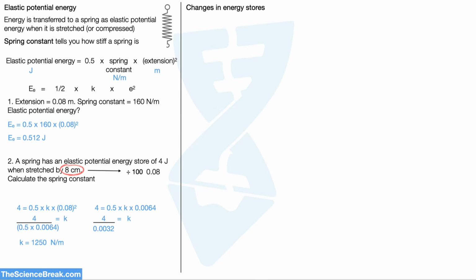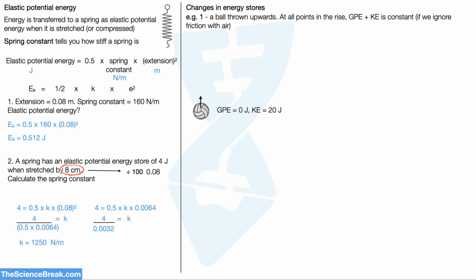Next, we're going to take a look at changes in energy stores, and we're going to look at 3 examples. The first example is a ball being thrown upwards. Remember, at all points in the rise of the ball, gravitational potential energy plus kinetic energy is constant. That's if we ignore any friction with air. Let's look at this a bit more visually. We have a ball here. Let's say that its gravitational potential energy at the start is 0, and it's thrown up with a kinetic energy